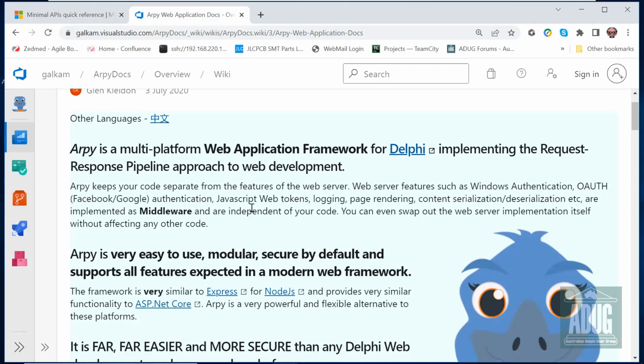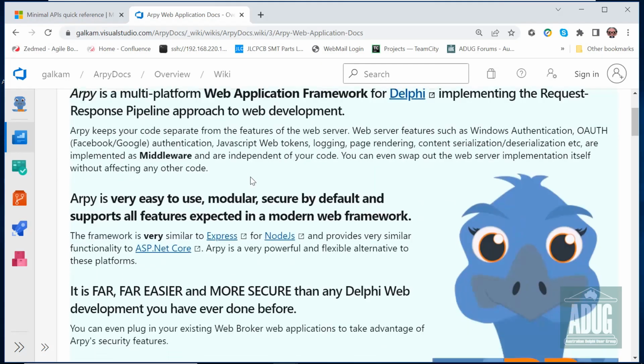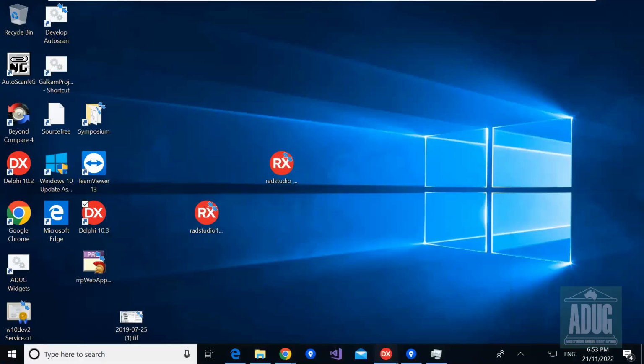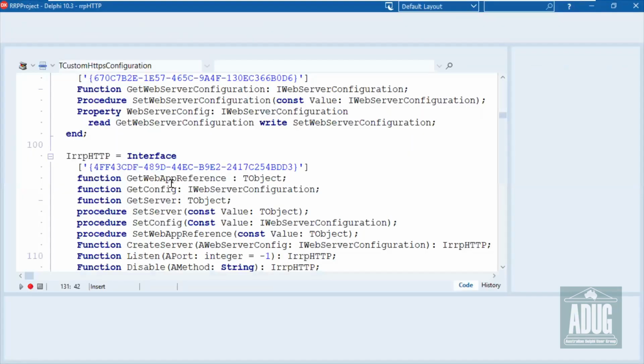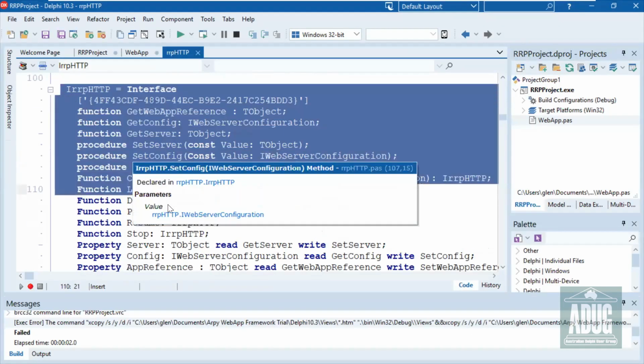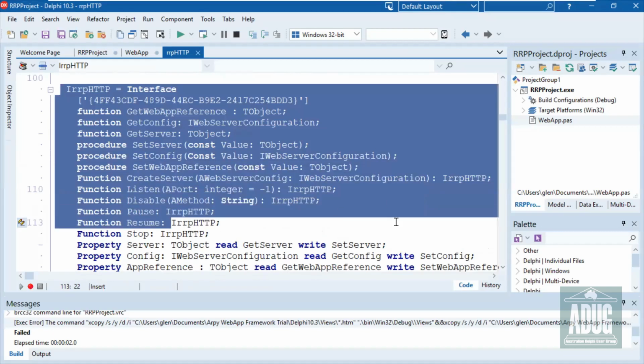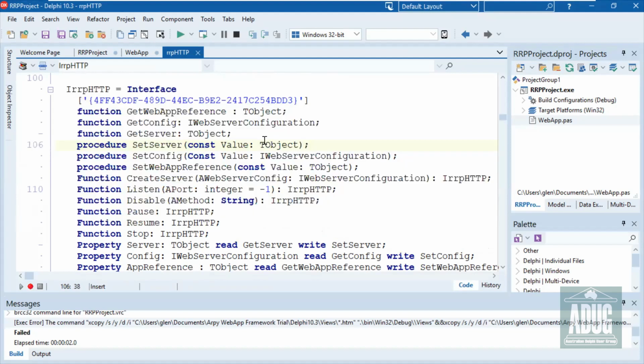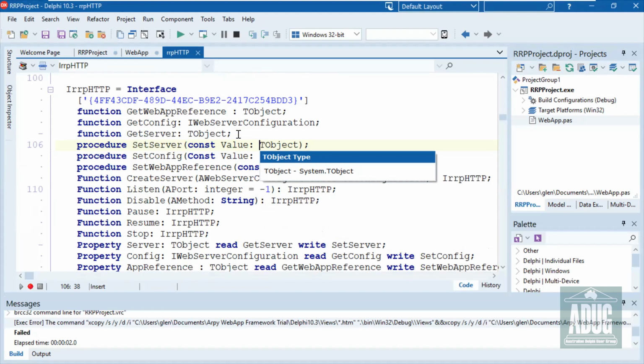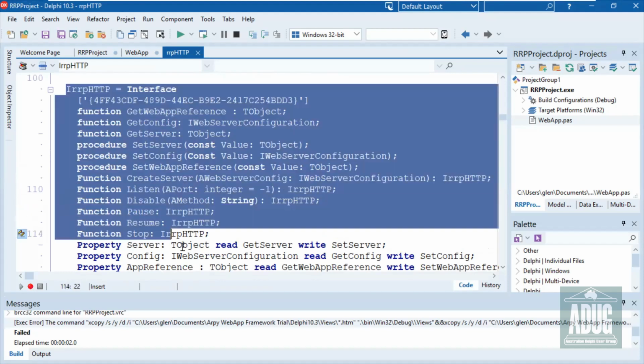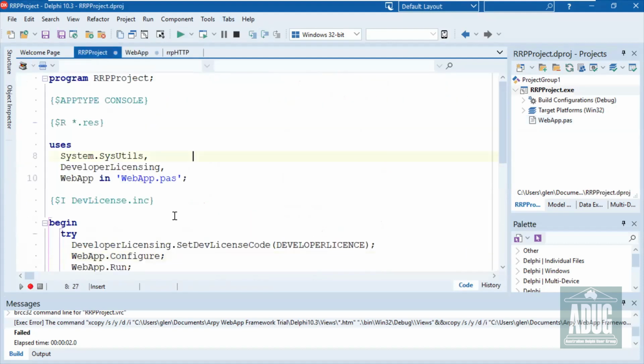It's not the actual web server, so to speak. What it does is we have an implementation of a server, which is the Indy one currently. So you're using the Indy server? Yes, so it implements this IRRP interface. There's another web server that I could also use, which is the HTTP daemon on Windows, which is the same one that IIS uses, for example. And if you wrap that with this same interface, then in the project, I said I'm using